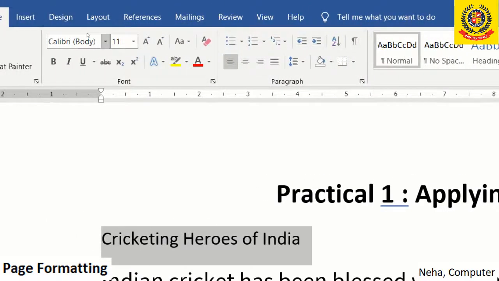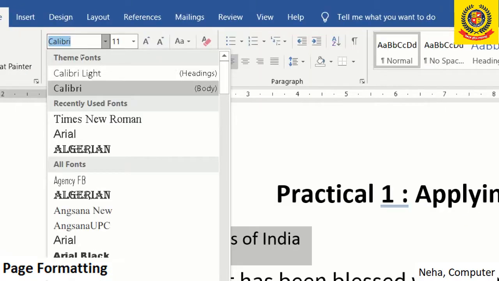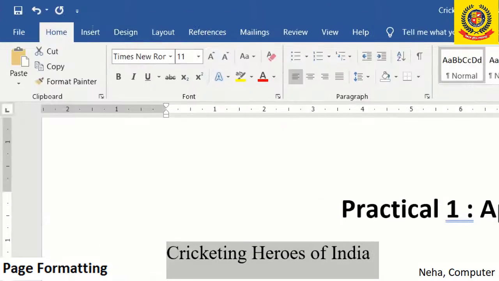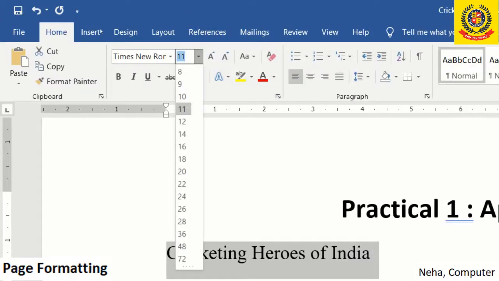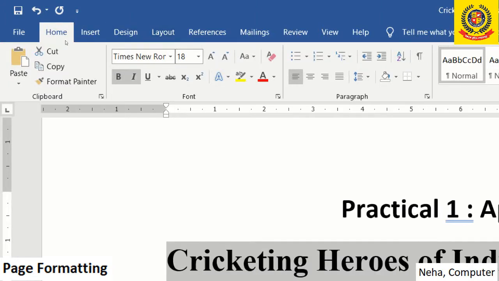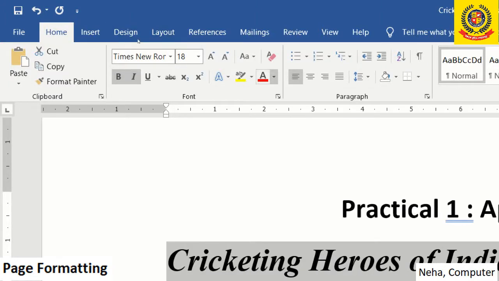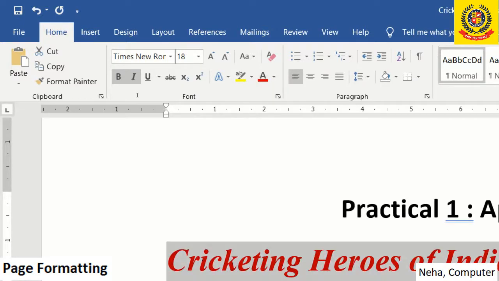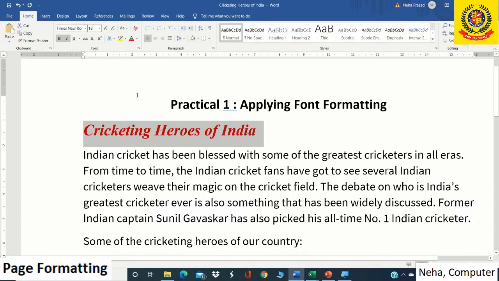Here you can see we'll click on the font face and select Times New Roman, and then we will set the font size to 18, and then select bold, italics, and change the color to red. Now we can see that the font formatting is done to the heading.